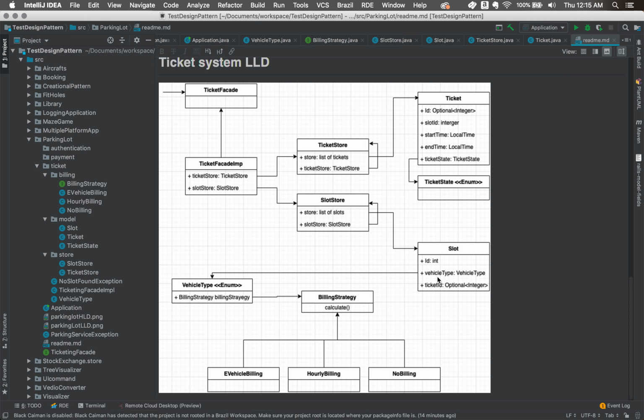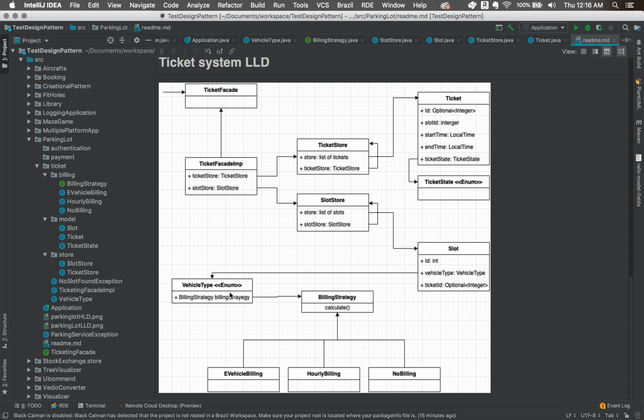Now the slot has a vehicle type. The vehicle type is an enum, and in the vehicle type we have the billing strategy. Based on the vehicle, if it is an e-vehicle, we have the e-vehicle billing. If it's other vehicles, it can have hour billing or no billing, based on the billing strategy we choose at the time.